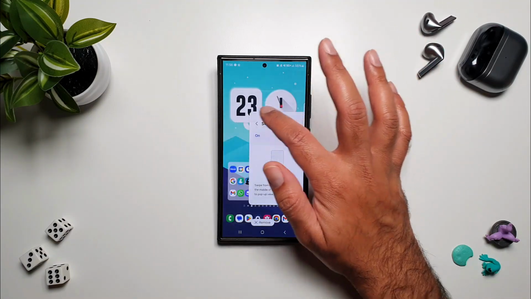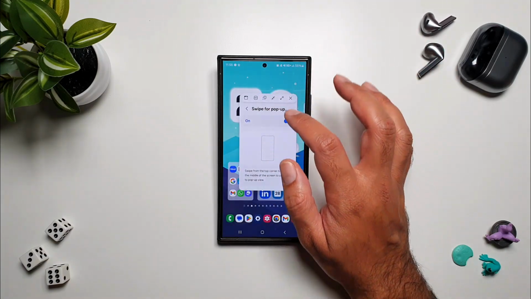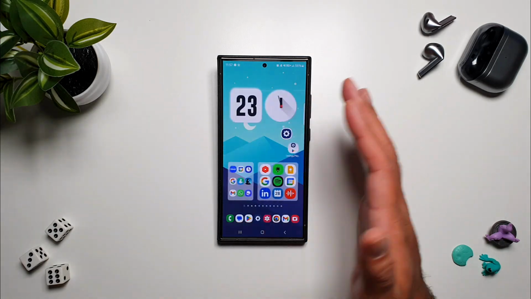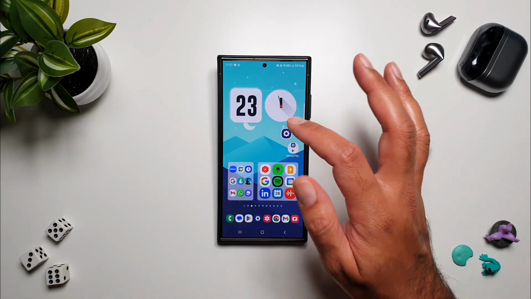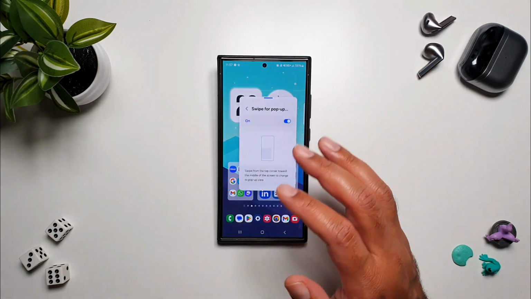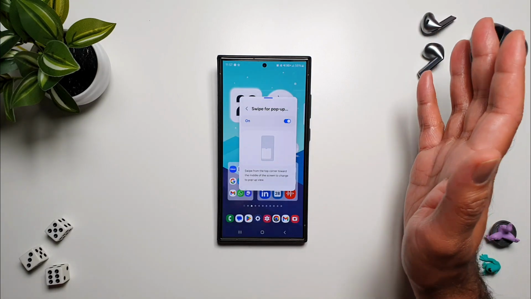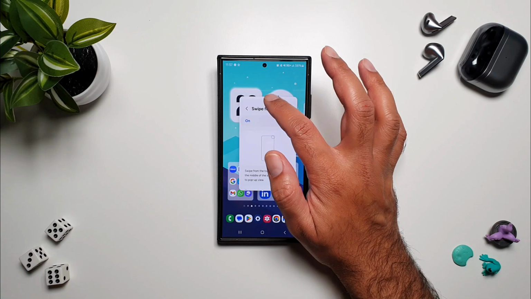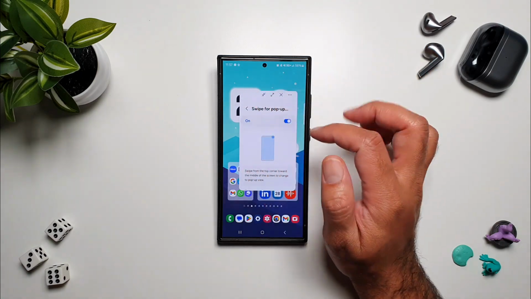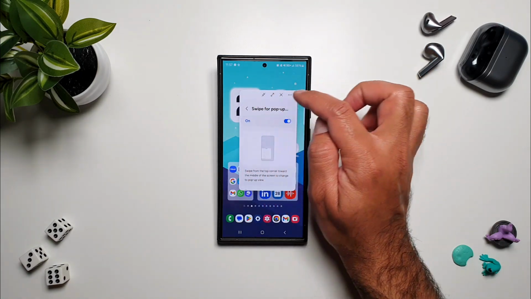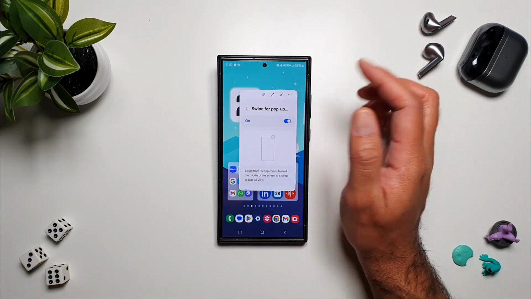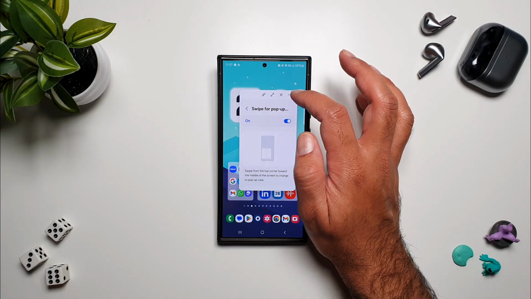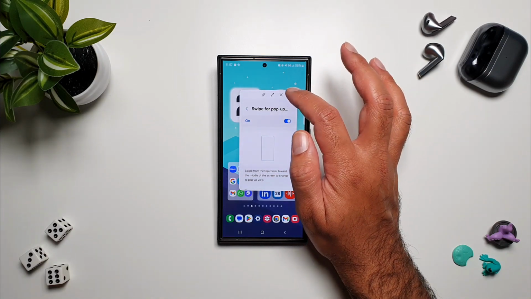I can move around this app, I can tap here and minimize this as well. Now I can do whatever I want to do on my phone, and this pop-up window will stay here. Whenever I need it, I can tap it to open it again. Now if I tap here, you'll see that we have a lot of options here. So what these options do, if I tap on this one, this will keep these few icons at the top permanently, and then I can simply minimize it, maximize it, cancel it, whatever I want to do, and then